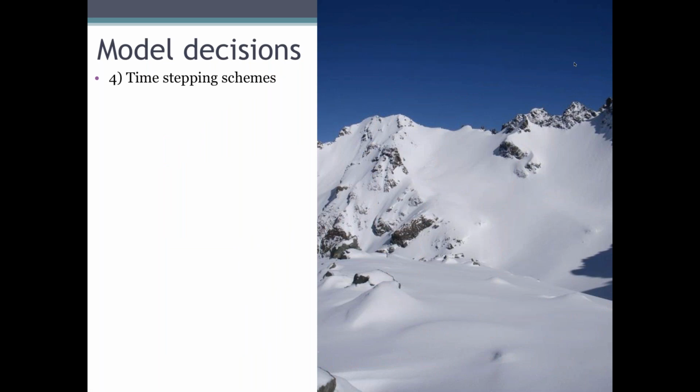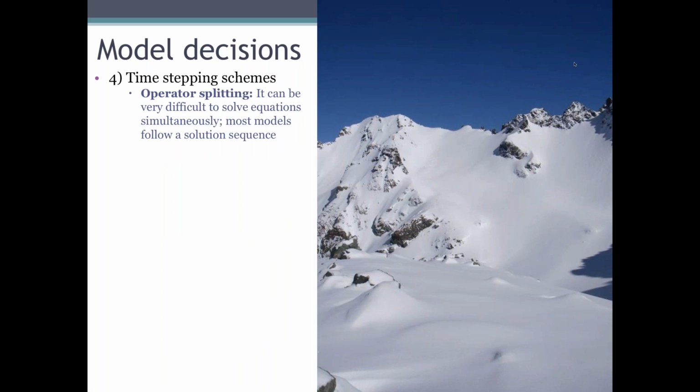And finally, how are you going to time step your model forward? For example, you can imagine your snowpack, and we'll talk about this more on Monday. Your snowpack has water percolating through layers of different temperatures. Should the water freeze at each spot, and if the water freezes somewhere, it's going to change the temperature of that layer. It's difficult to solve all of the equations we just showed simultaneously, particularly for a number of layers in a model. So most models follow a solution sequence. How do you decide what order you advance each step in the model?